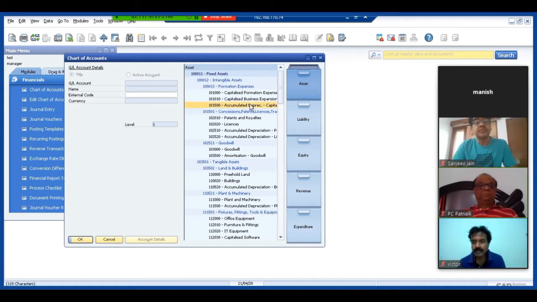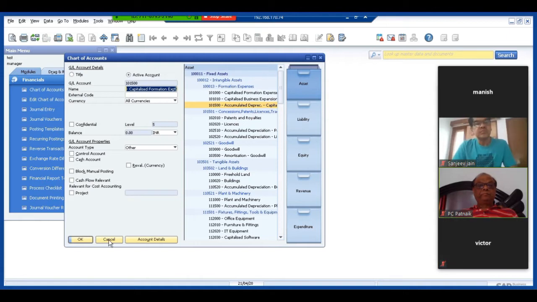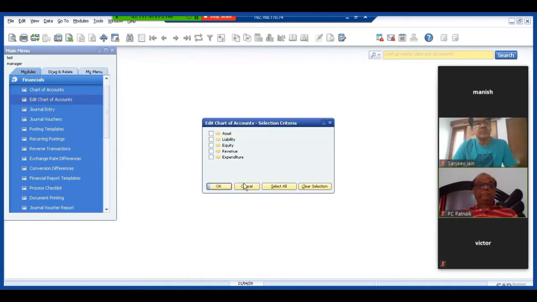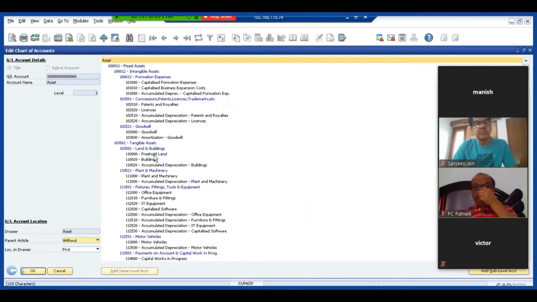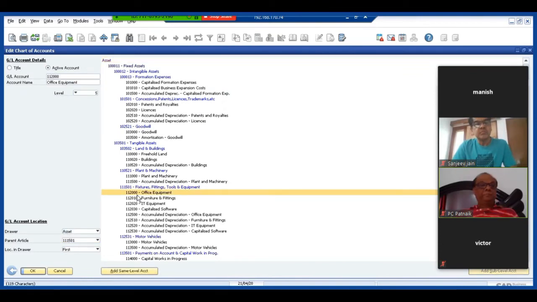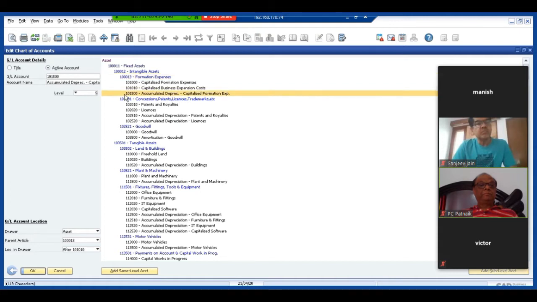Out here, if you see, there are three types of colors that are used in the chart of accounts. That would be more prominent if I use the edit chart of accounts. You will be able to see three kinds of colors out here: one is the blue color, one is the black color, and one is the light green color. Now, this blue color is my title account, that is my header account, and my black color is the account in which all the transactions would be carried on.